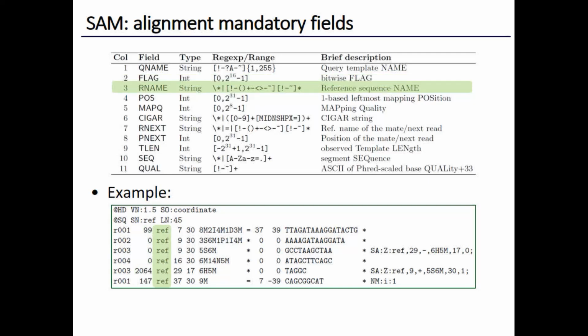And the third field is the reference sequence name, and then the mapping position and the mapping quality. For the mapping quality,